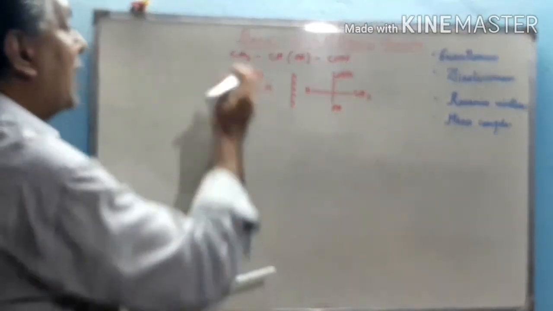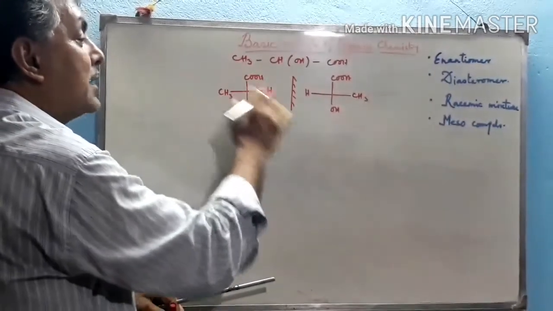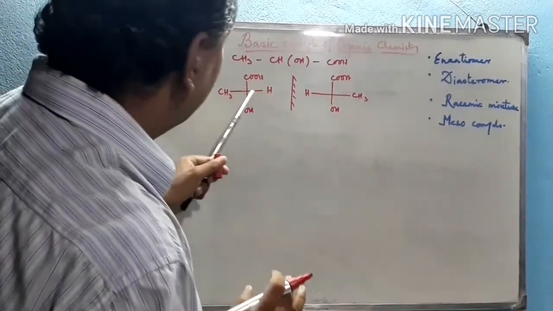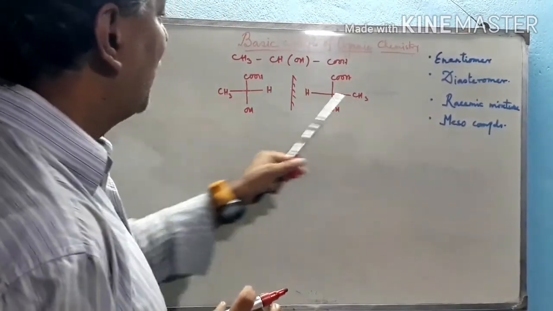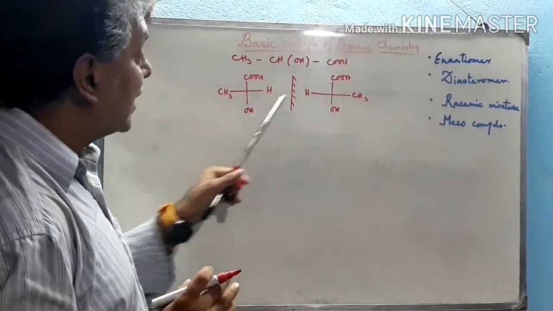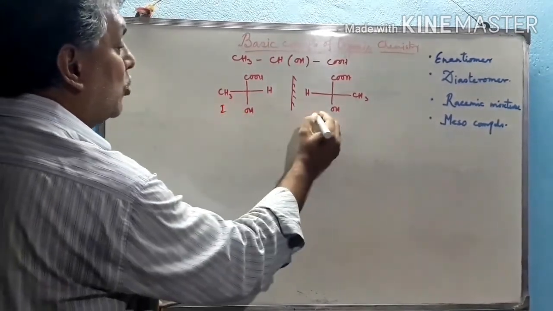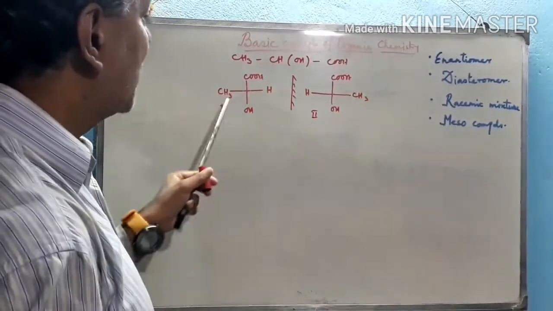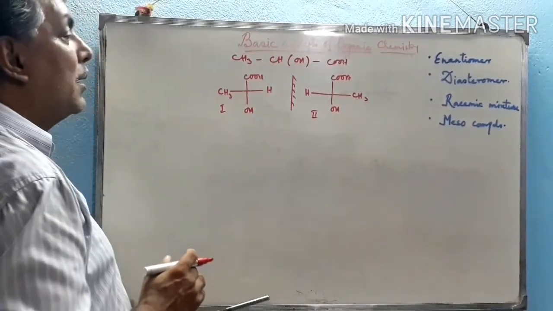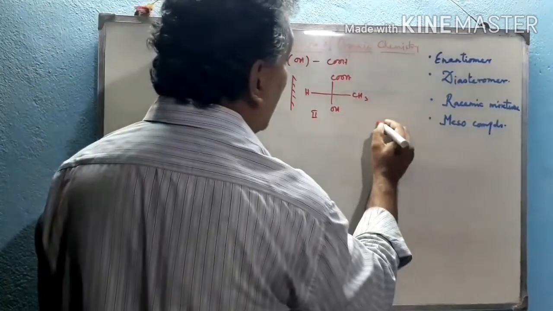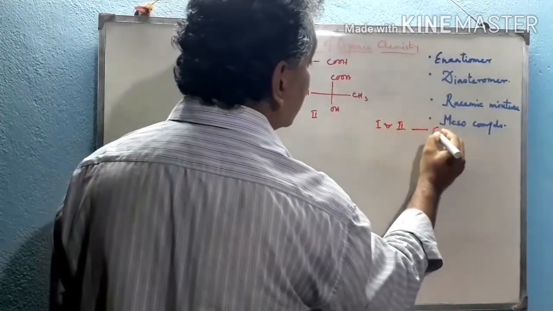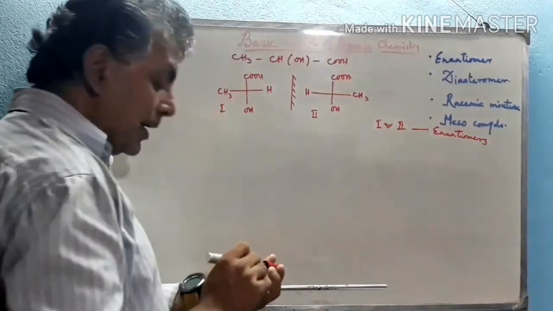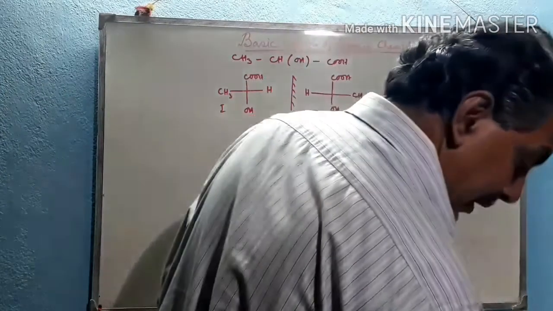So that's why these two are called non-superimposable mirror images. If we draw an imaginary plane with respect to this chiral center, we can't see any symmetry element like a plane of symmetry or axis of symmetry in this compound. That's why we can say that these two isomers are optically active. Now see the relation between these two, number one and number two. These two have a non-superimposable mirror image relationship, and that's why 1 and 2 are called enantiomers of each other.